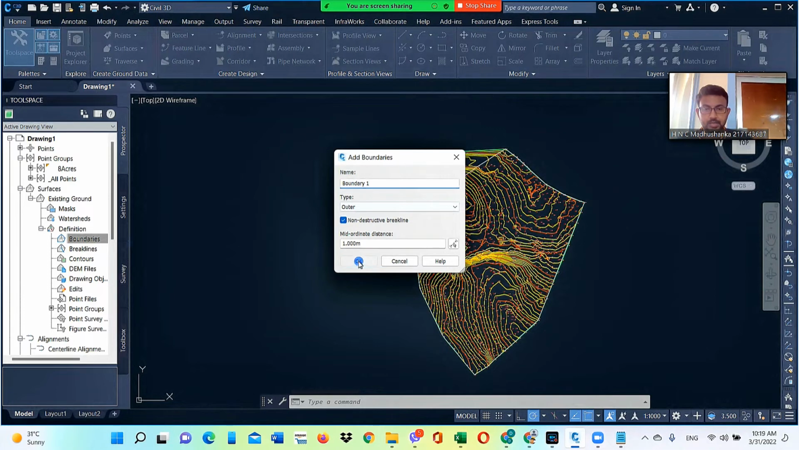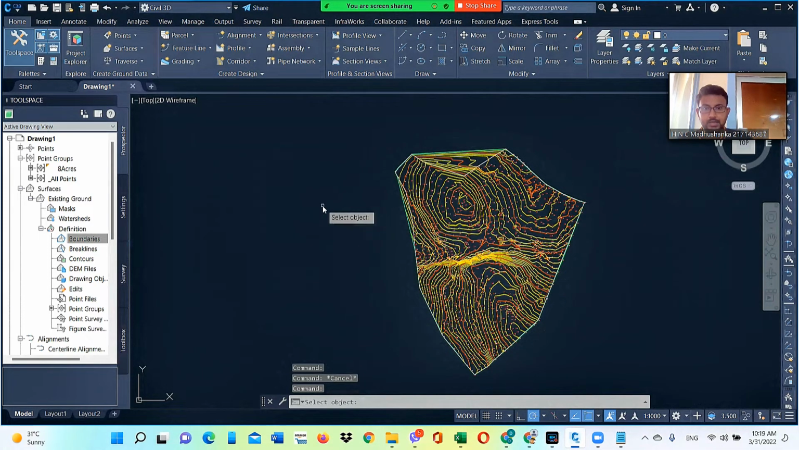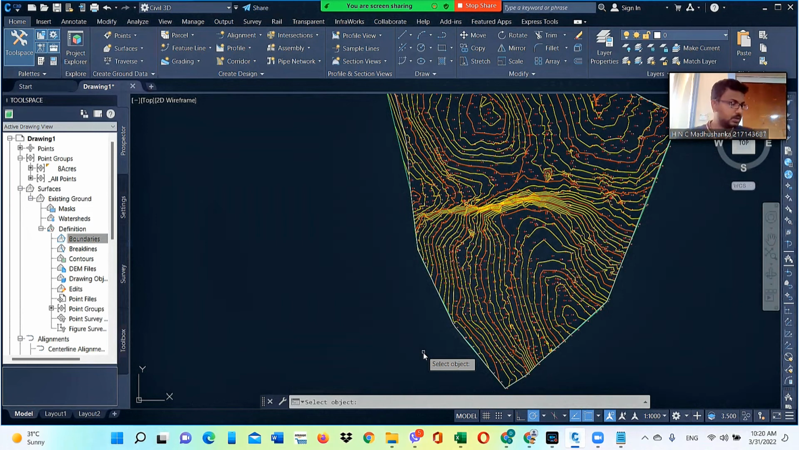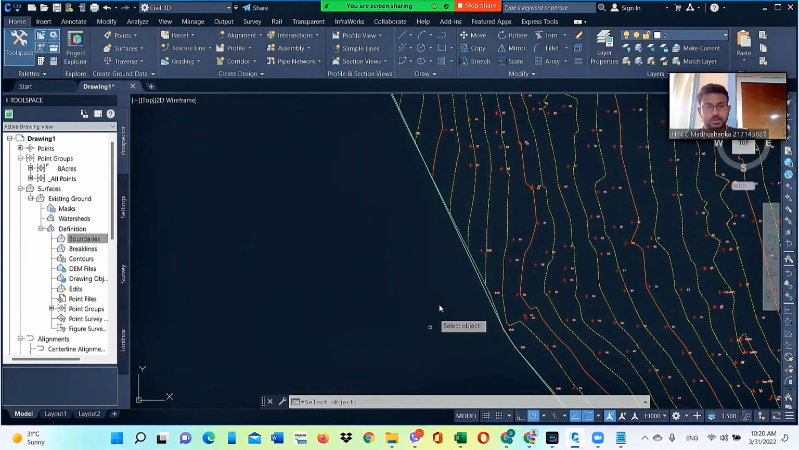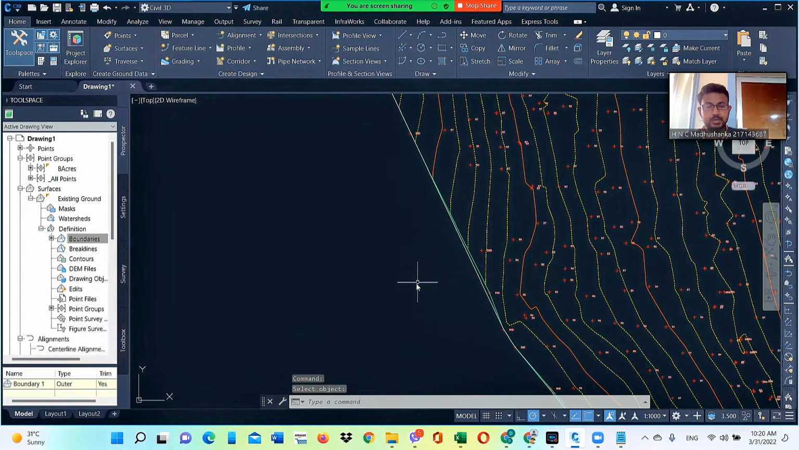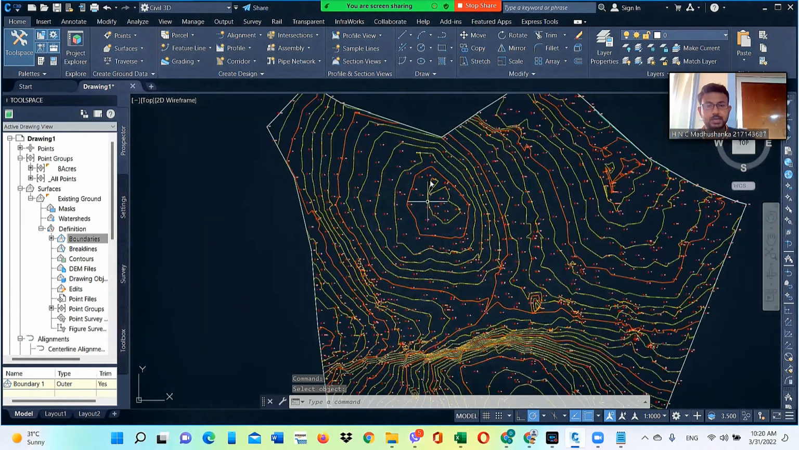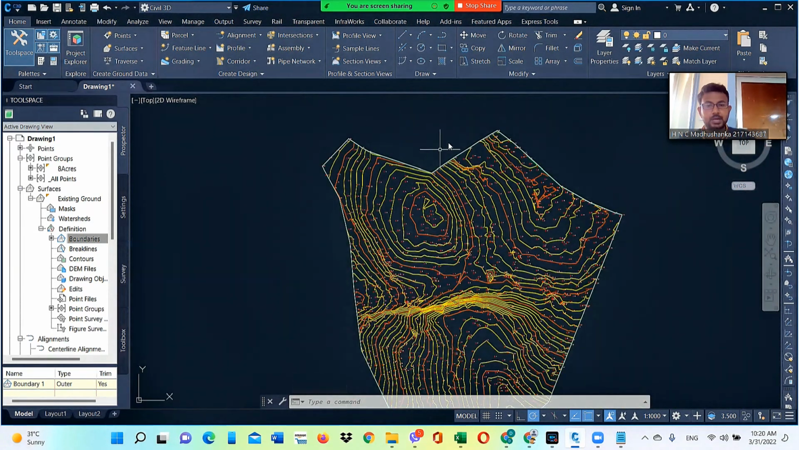Then click OK. Then it will ask to select the object. If you look at this command bar, this command line shows you select object. So I'm going to select this polyline. Once I select this polyline, now you see the outside area of this polyline